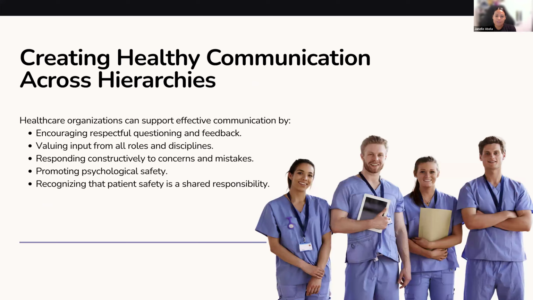So when we're creating healthy conversation and communication around these hierarchies, it's important for you to encourage that two-way feedback so that you can have an opportunity to hear what people are saying. In a hierarchy, it could be that a new staff member is remaining silent during a discussion. It could be that team members are hesitating to challenge decisions, or that certain voices are consistently dominating a conversation. So, strategies for creating that inclusive participation could be seeking participation from all team members in a conversation, rotating opportunities for leadership, encouraging those quieter voices, and valuing expertise regardless of someone's position.